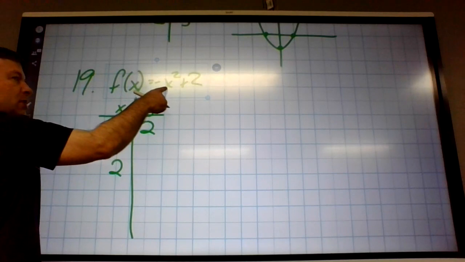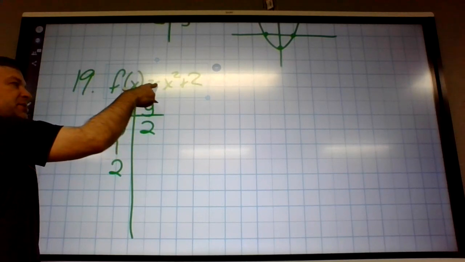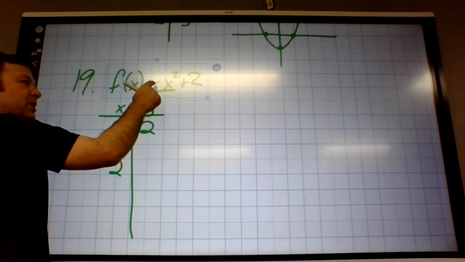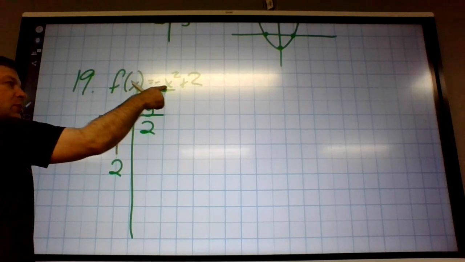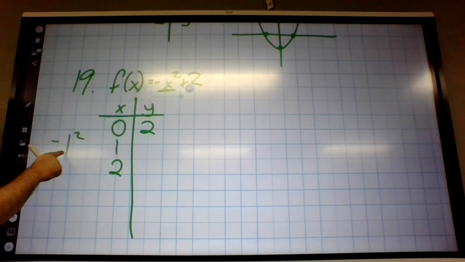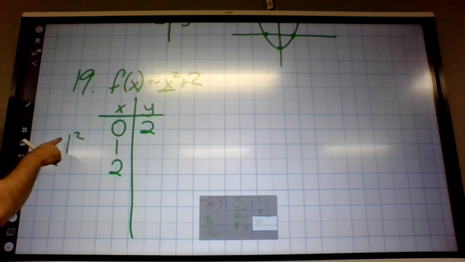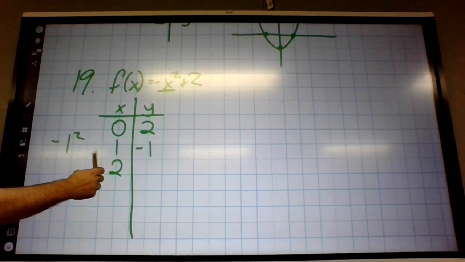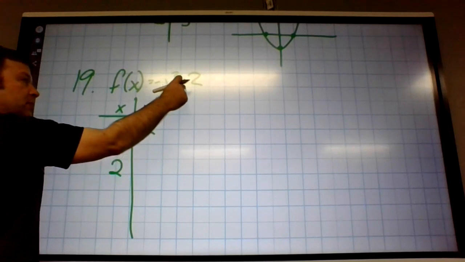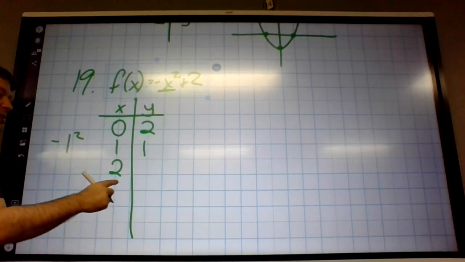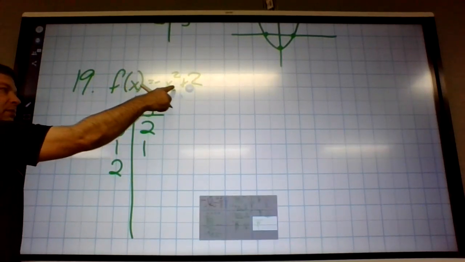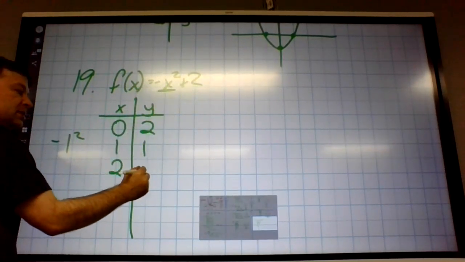If I plug in 1, in this case, should I square the negative or not? Not. So we're just squaring the x value, not this negative. So when I plug in 1, on the calculator it would look like this. It's 1 squared is 1, and then you add the negative. So that actually is negative 1. Oh, I forgot to add 2. Plus 2 is positive 1. 2 squared is 4. Negative 4 plus 2 is negative